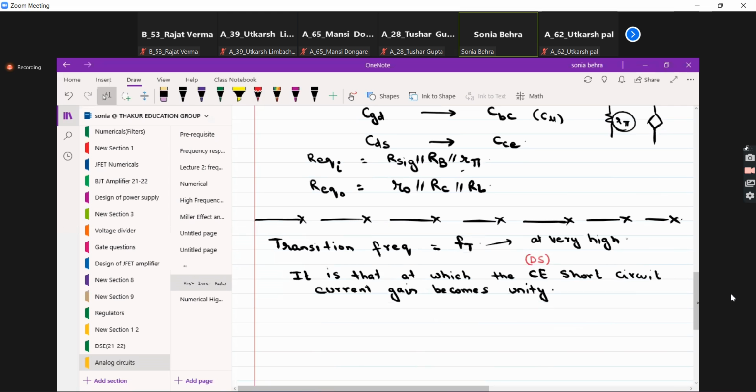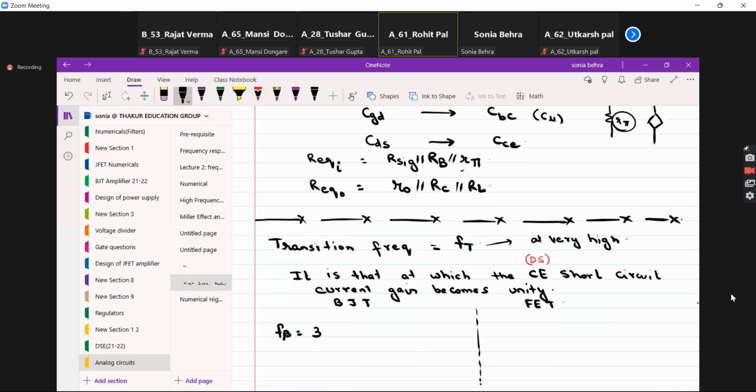For that we have a set of formulas. I'll directly give you the formulas. We will not go into derivation of those. So for BJT and for FET. For BJT, you have to first find F beta. What is F beta? It is the 3 dB down